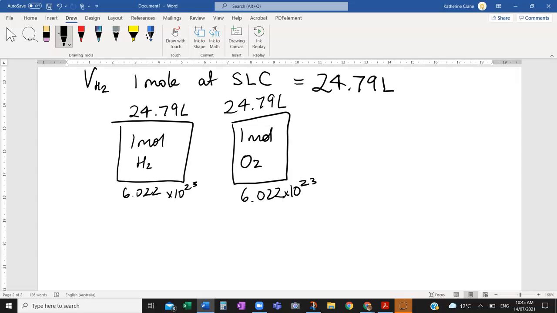This is Avogadro's law. So basically 1 mole, 24.79 litres. If I have 2 moles of H2, the volume will equal 2 times 24.79 litres. We can actually use the term volume, and then we use capital M